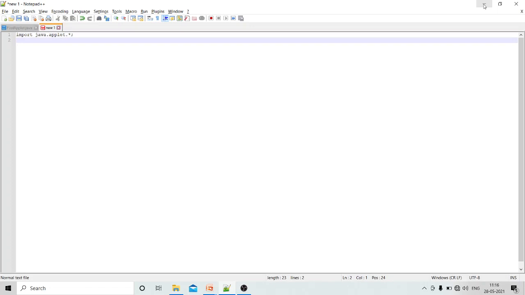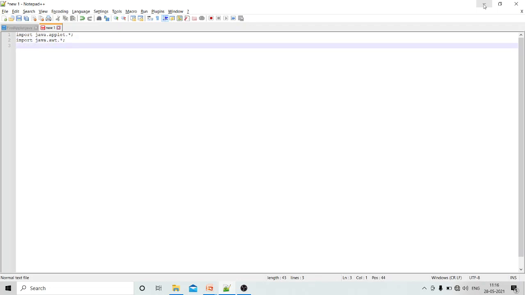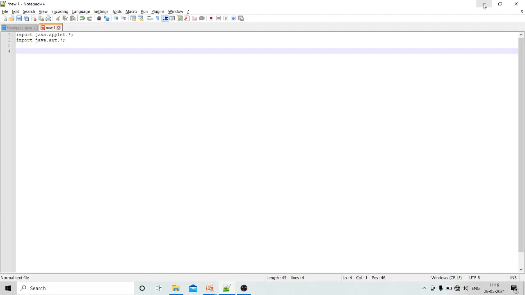Okay. Secondly, we may have to import one more package, that is java.awt.*. Now, as we know about the AWT package, abstract windowing toolkit package, this contains the classes which can be used to create a GUI program in Java.